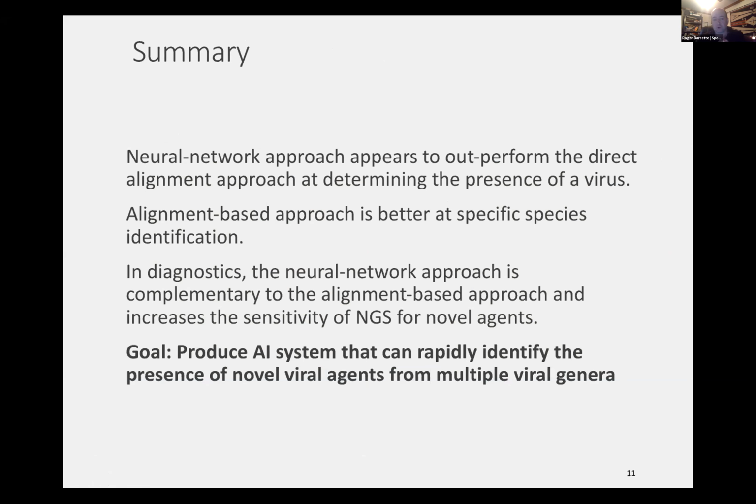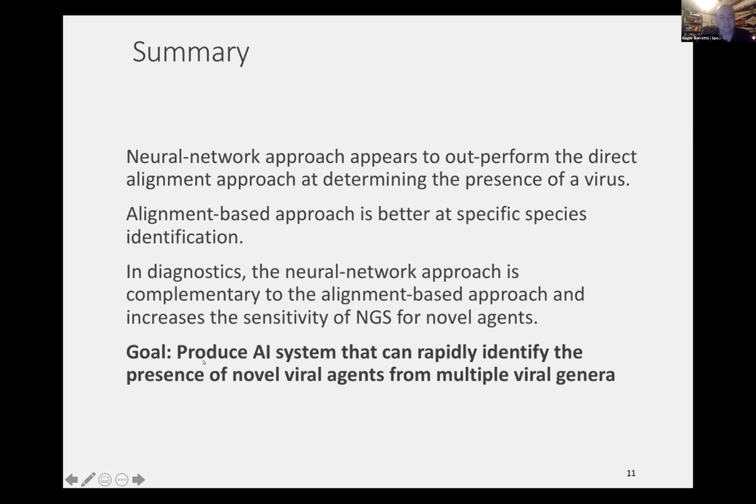However, the alignment approach is still going to be better at specific species identification, given the resolution of the pattern and the way that the model is trained. And in diagnostics, the neural network approach is really complementary to the alignment-based approach and increases the sensitivity of NGS for novel agents. So we don't really see this as a system to replace alignment-based methods, but in the event that you need something that can potentially detect something, it definitely is something that you may want to run in